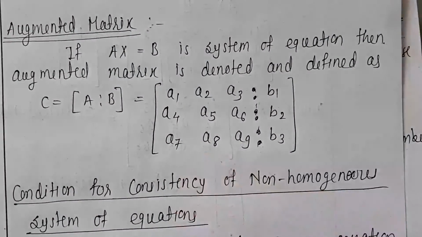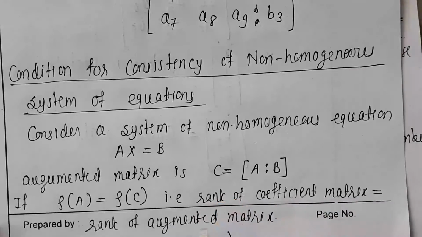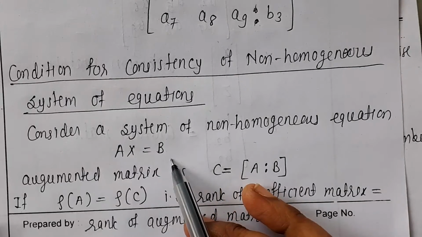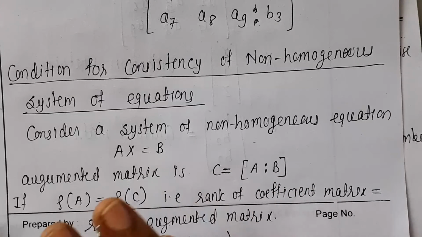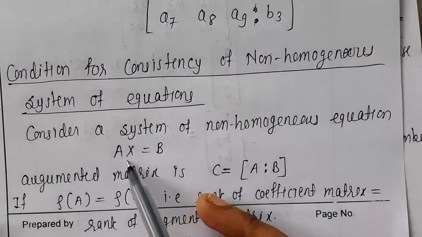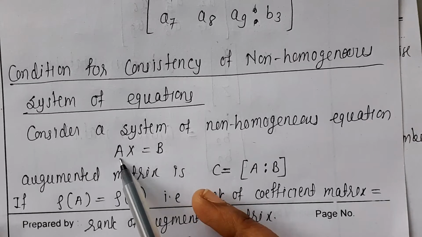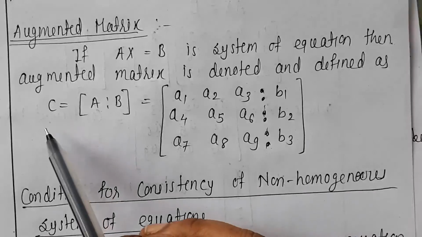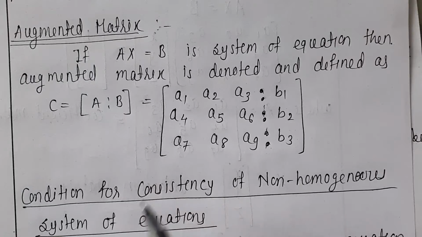Okay. So what is consistency? Consistency means if we have a system of equations Ax equal to B, then here we are going to use the concept of rank. Just now we have studied the rank concept in previous lectures. Rank of any matrix we can find, whatever its order. So we find the rank of matrix A and the rank of the augmented matrix C, and comparing the two ranks gives us consistency.